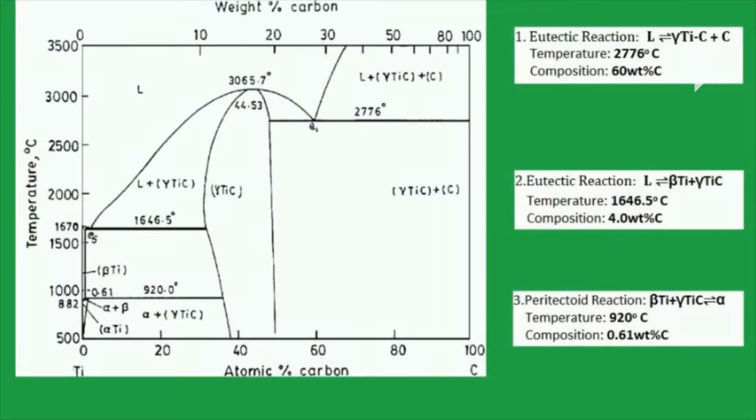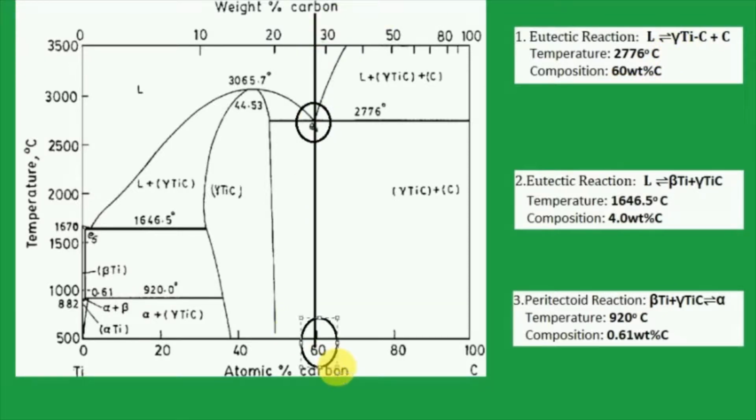From the phase diagram, we can observe that we have three isothermal reactions. The first one is the eutectic reaction, which is the reversible reaction between liquid and gamma titanium carbide plus carbon, which is this point. This point occurs at a temperature of 2776 degrees Celsius. The composition is 60% carbon here,